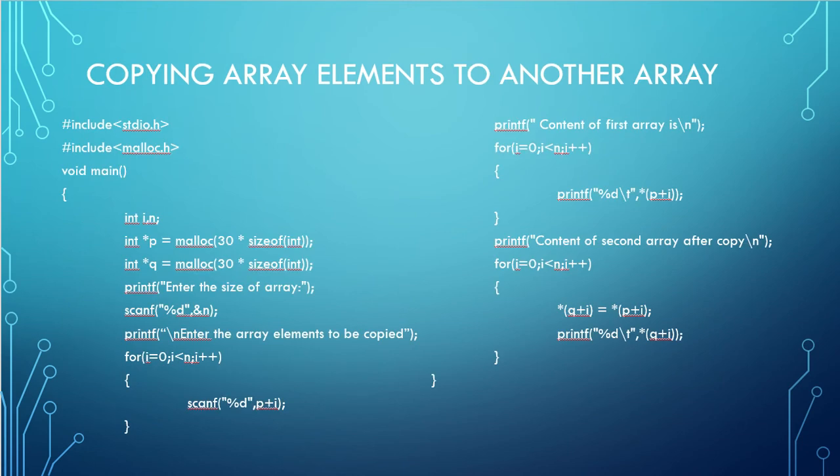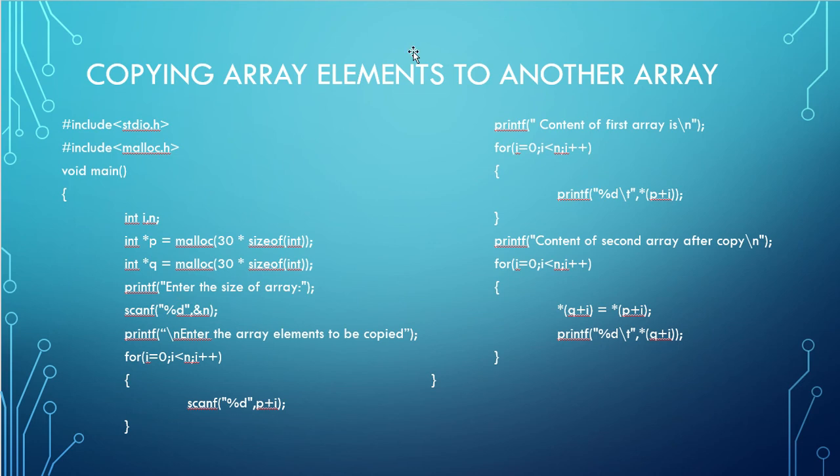The next one is copying the content of an array to another array. Here you definitely have to declare two arrays, which means you will require two pointers. One will be storing the address of the first array and the other will be storing the address of the second array. I have clearly defined and allocated space for two arrays. P is pointing to my first array and Q is storing the address of my second array. My mission is to store the content of the array pointed to by P in the array pointed to by Q. Just like the previous program, we are reading the size of the array